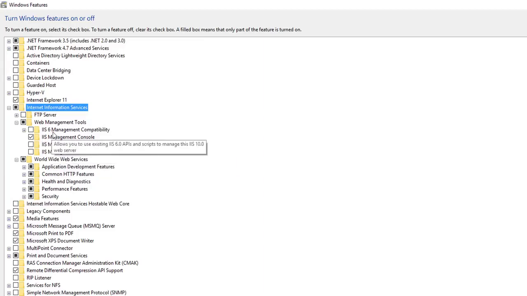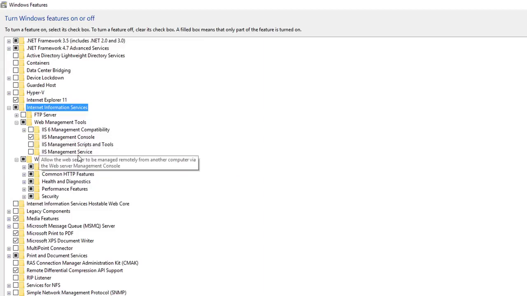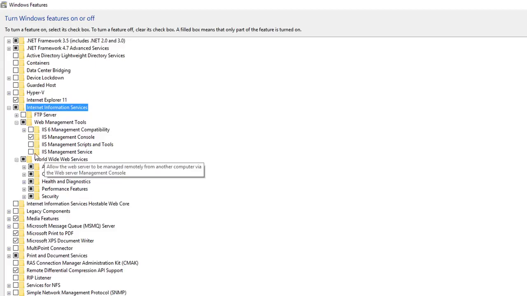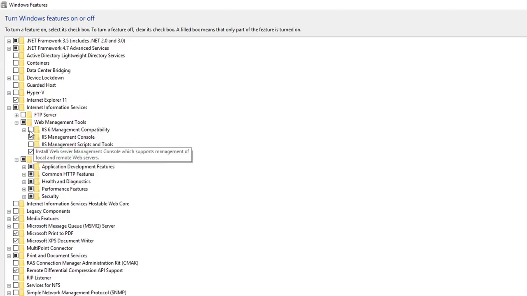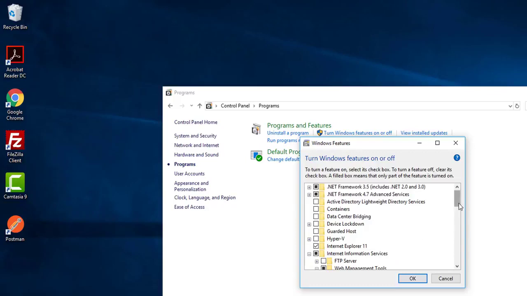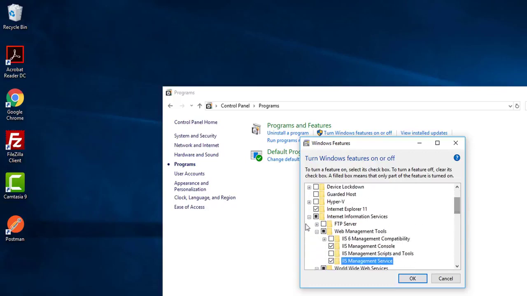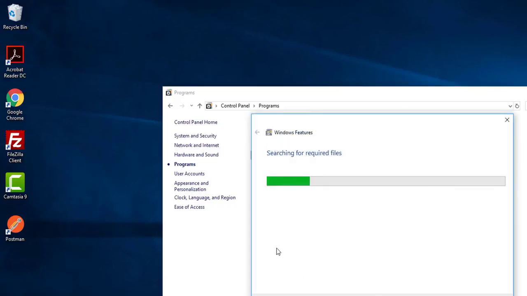Do I need IIS6? No, I don't need IIS6. I need IIS Management Service. That's it, I believe. Now after selecting Internet Information Services, click OK,